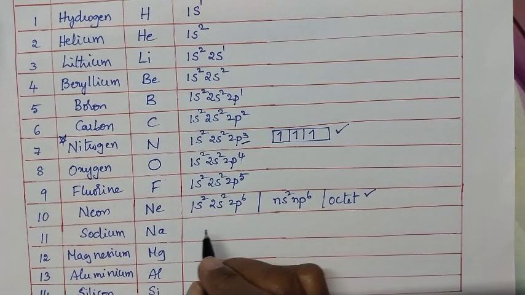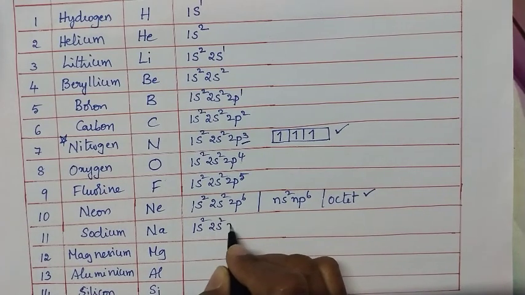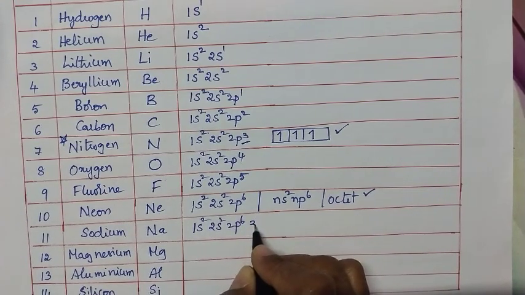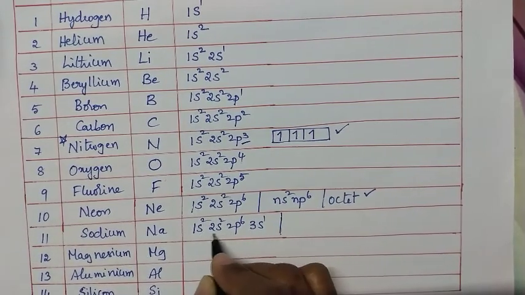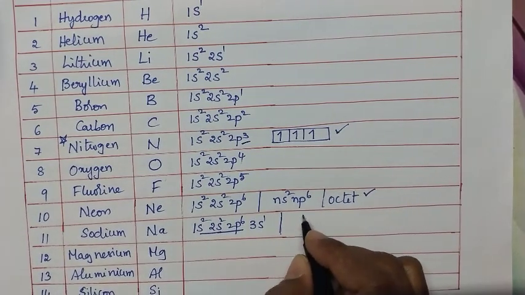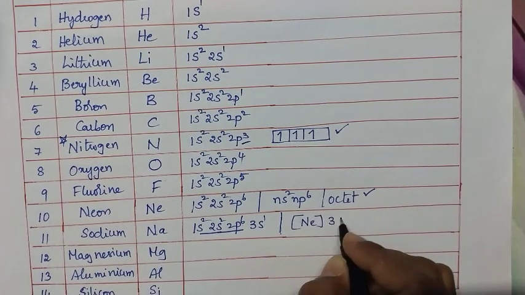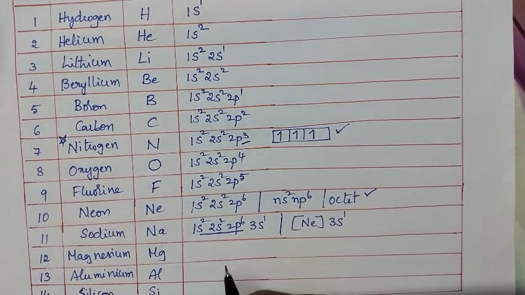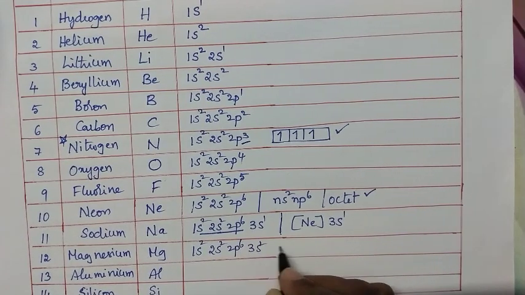And coming to the sodium, its configuration is 1s2, 2s2, 2p6 and 3s1. And it can also be written as up to 2p6. It is having neon configuration. So simply it can also be represented as neon configuration and 3s1. Okay students, and coming to the magnesium, its configuration is 1s2, 2s2, 2p6, 3s2, and hence it can also be